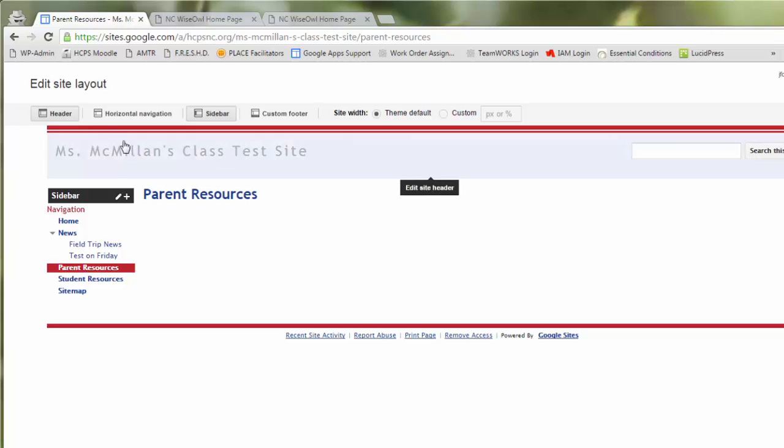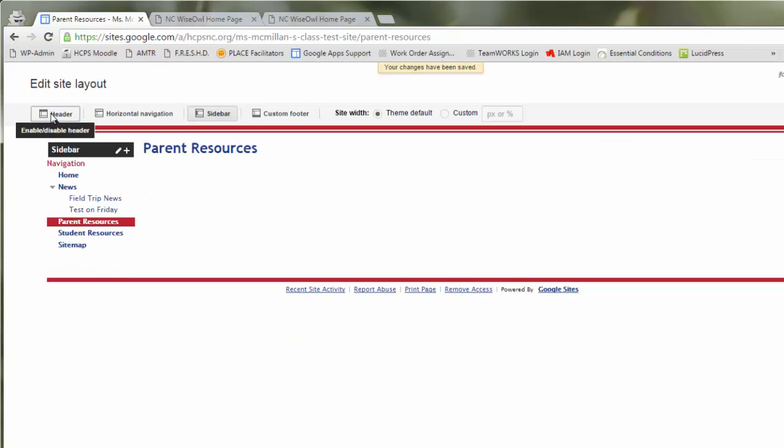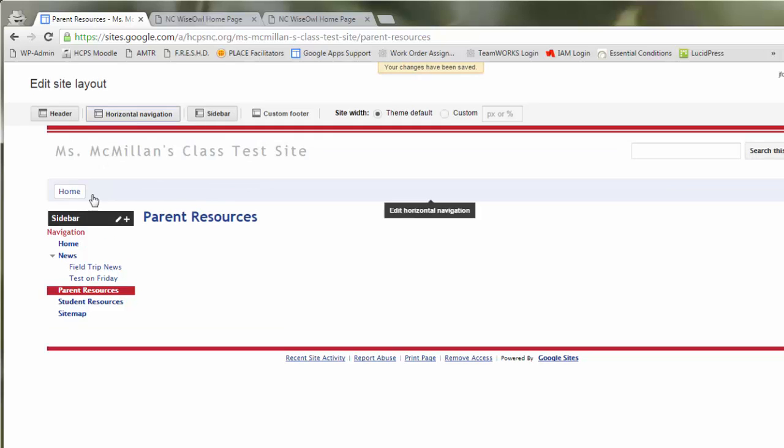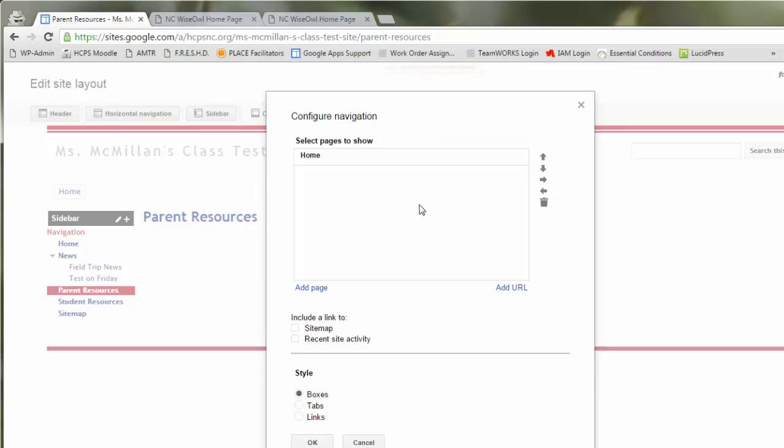So let's take a look at the other options here that you have at the top. The header is going to be turned on by default so that it always shows the name of your website. We recommend that you leave the header on. This, however, is an option that you might want to enable or disable depending on whether or not you like it. Some like to also put links at the top of the page. A horizontal navigation adds buttons across the top of your site, and you'll notice there's a home button here. If you do that, you can make choices about what you want to put in your navigation that goes across